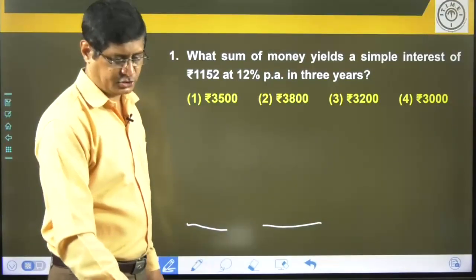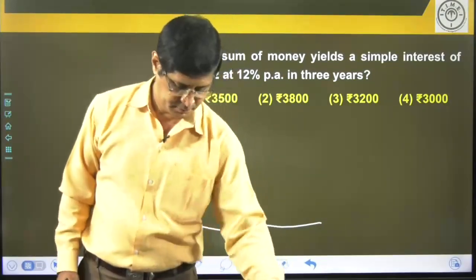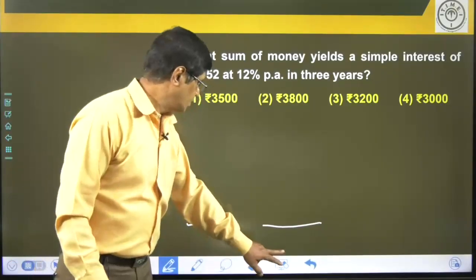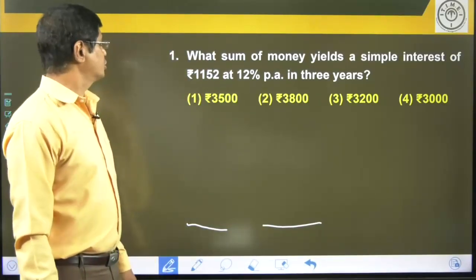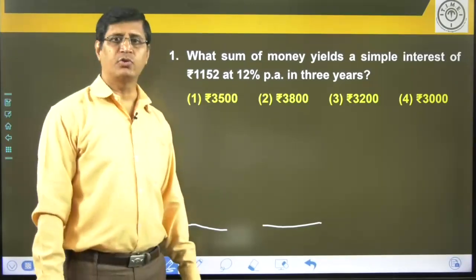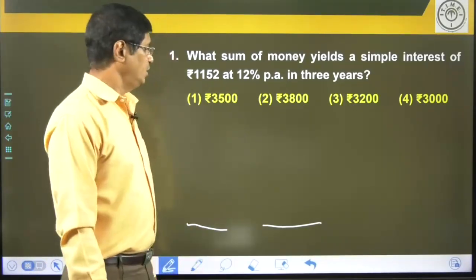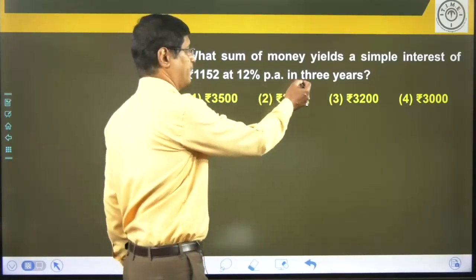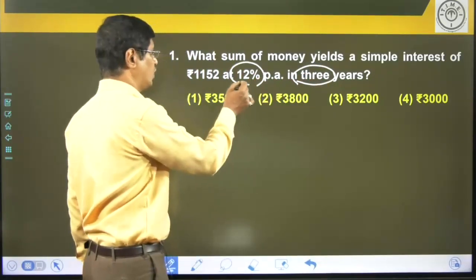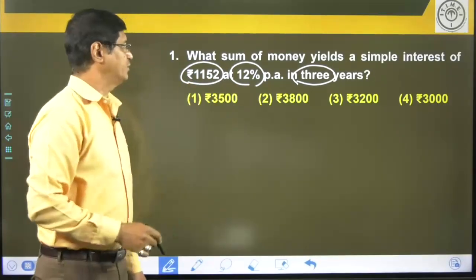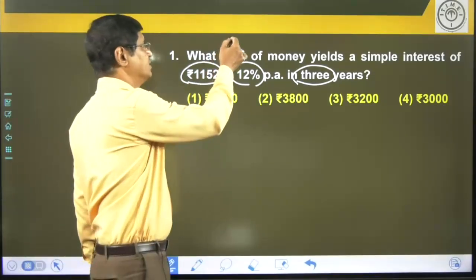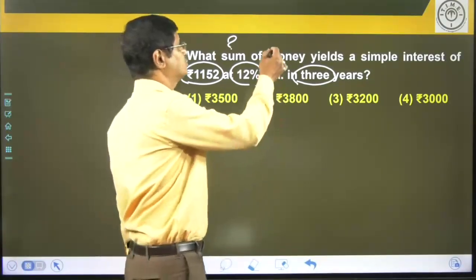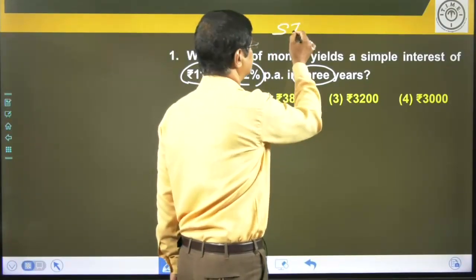Now look at the first question on your screen. What sum of money yield a simple interest of rupees 1152 at 12% per annum in 3 years? The time period is 3 years, rate of interest is 12, interest is given here 1152. What to find? Sum. The formula to find the simple interest, simple interest equal to